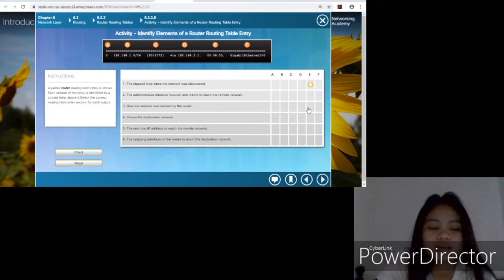So next is the administrative distance, source, and metric to reach the remote network. I think it's letter C. How the network was learned by the router. I think letter D. Letter A or D. Show the destination network. I think letter B, because